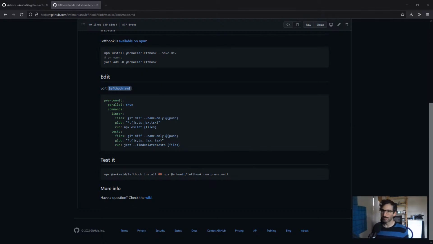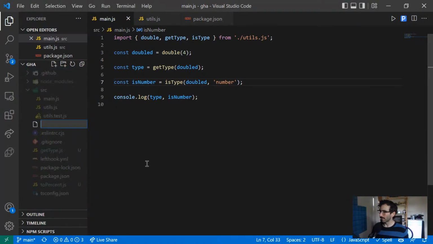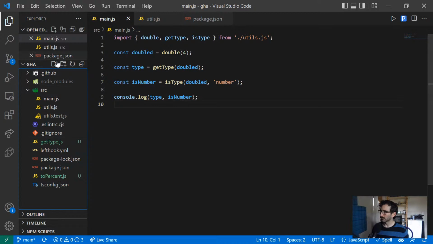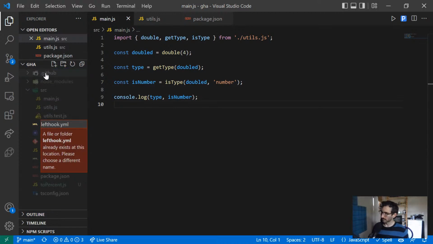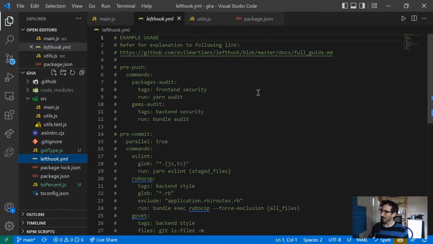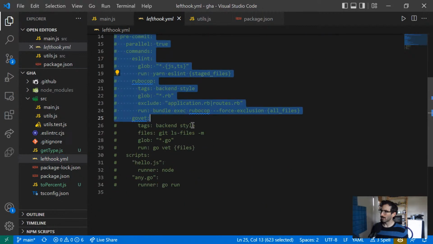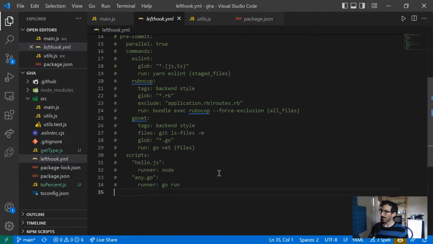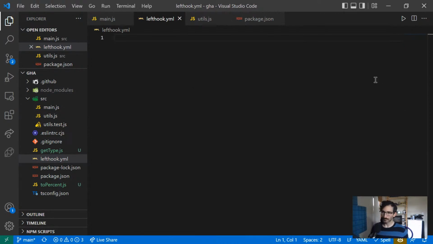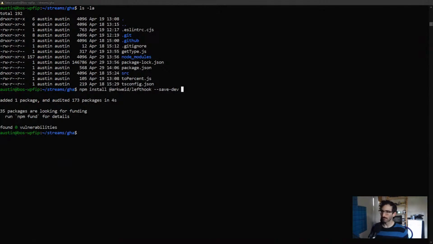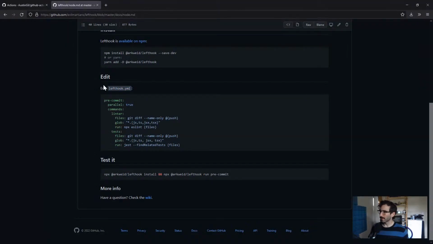Okay, so we go to our project. In the root of our project, we make a file called lefthook.yml. Oh, I already have it? Oh, I already have it. There you go. I must have initiated this to begin with. So I think we don't need any of this. So then this is going to say, like, you edit the file, you can add these pre-commit things. I don't know what all of this does, but